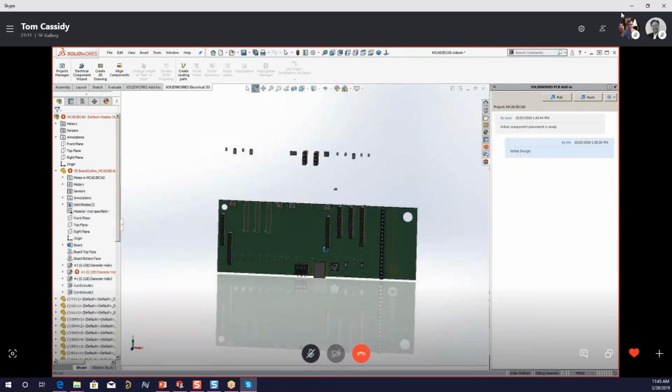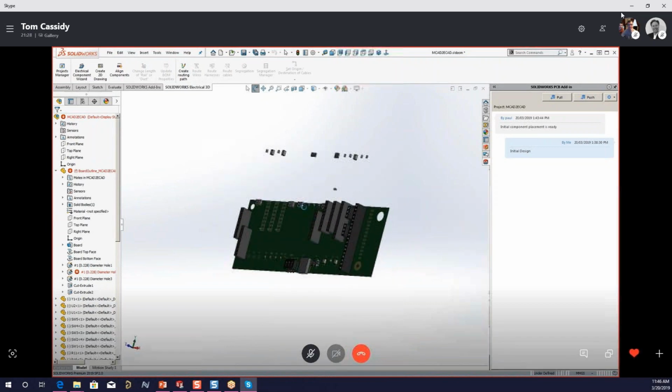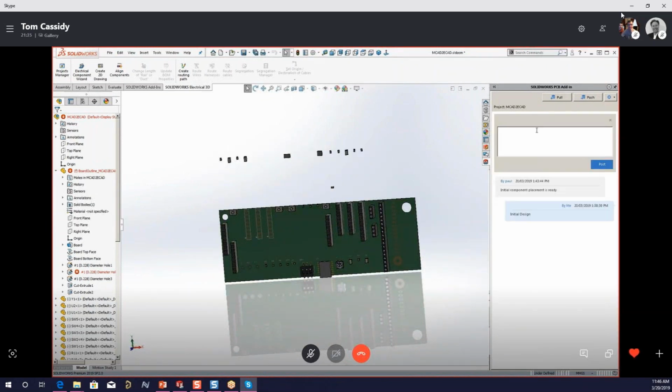I want those connectors where they are. I don't really care where these other parts are yet. Actually, let me bring a few more connectors in just to make it more realistic. So anyway, as you can see, I can adjust this as needed from the mechanical side. If this was an enclosure, I could do fitment checks. I could modify my enclosure to fit the new parts, whatever I need to do. Once I'm happy with the placement, I can then go push it back and say,